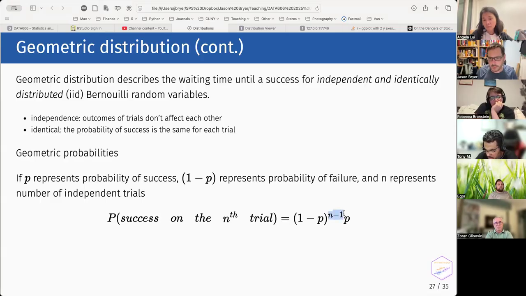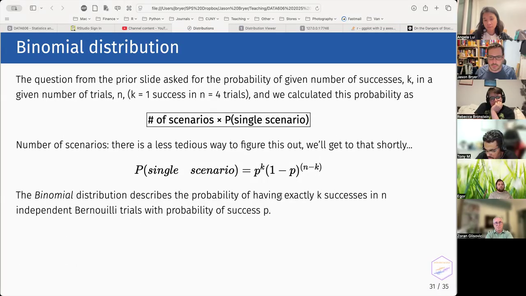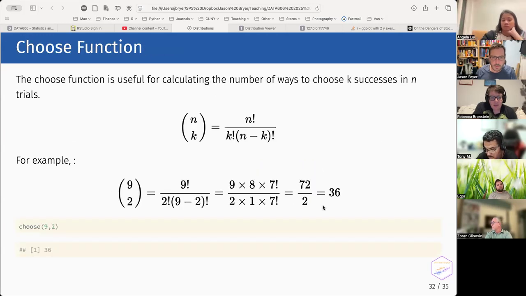So here where we raised it to n minus 1, we just need to generalize this a little bit. So we're going to say, well, how many successes do we want? So k represents the number of successes. So in this example, it was 1, but it could be 2. So if we wanted 2 successes and we're doing 4 trials, then we want 2 successes, 2 failures, right? And so that's all we're doing here is generalizing those probability multiplications. There's a small little digression because it's like, okay, great. How many